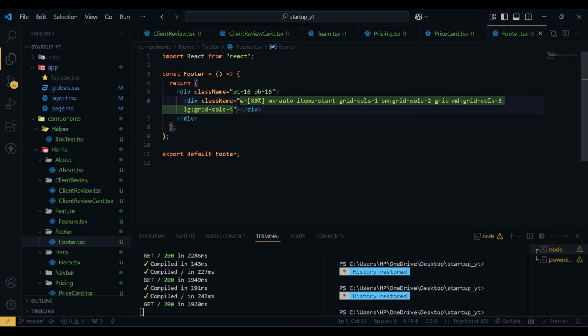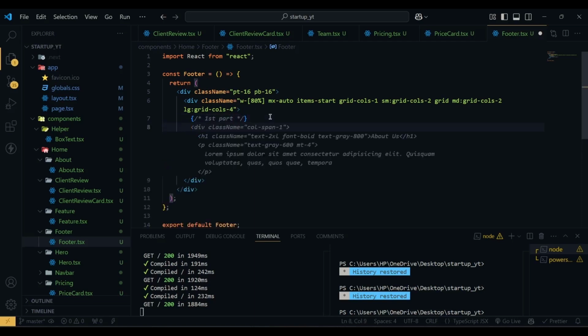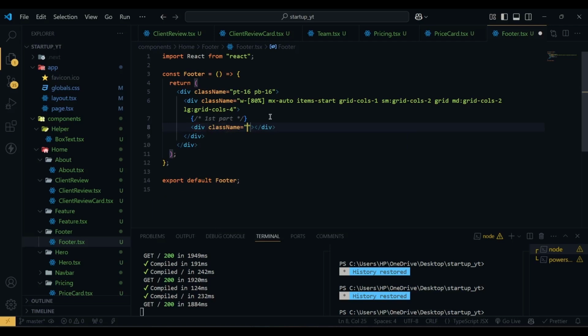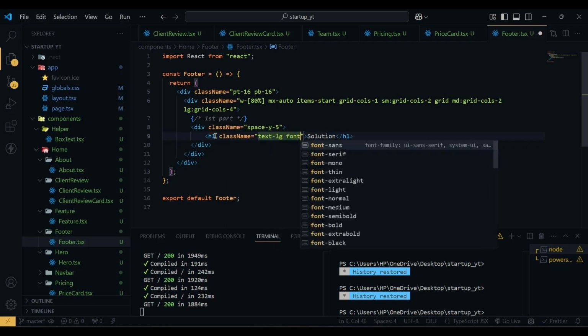No, we have grid cols of 2 for the medium screen. Now inside this div we have the first part. So first part, and here we have a div with class name of space-y-5, and inside this div we have an h1 with the text Solution, and this h1 will have a class name of text-lg, font will be bold,